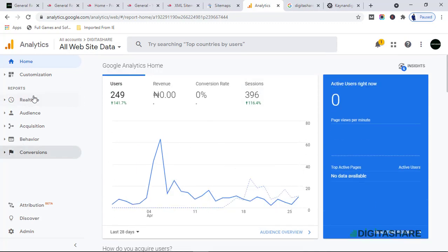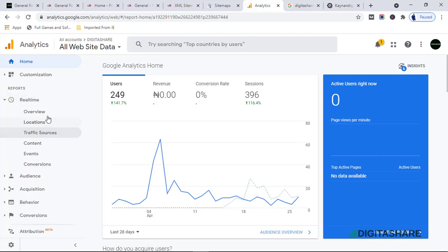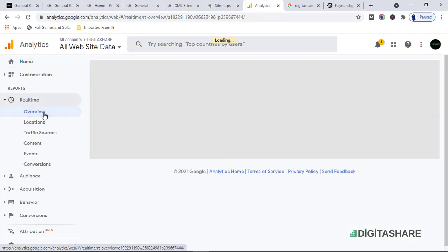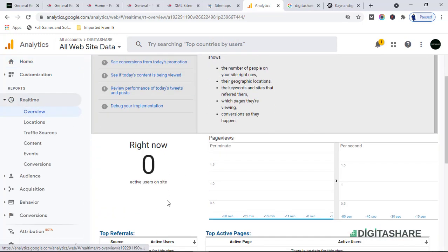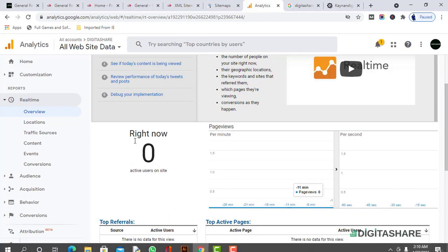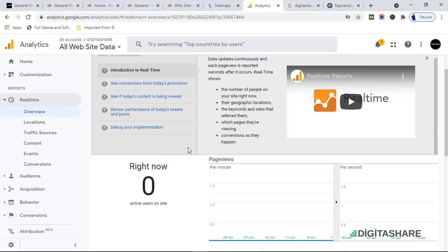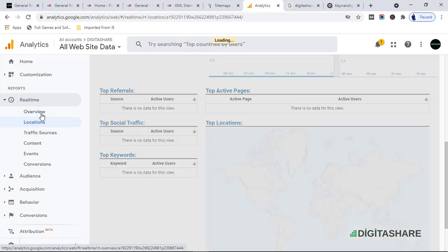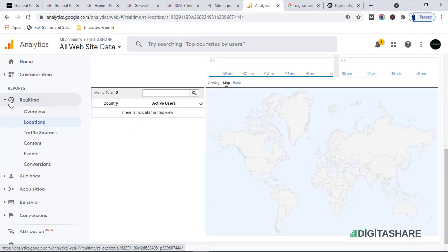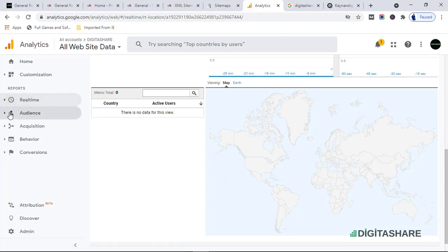So you can see we have 5 options here. We have real time, to see what is happening in real time on the website. Click on it, overview. No active user right now. Let me see the time. Okay, so no active users on the website at the moment. Since we might not get any information on this real time, let me go to audience,